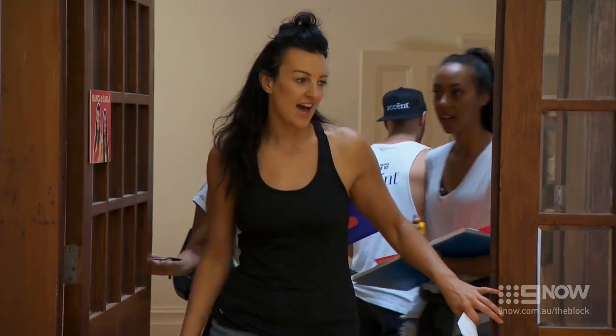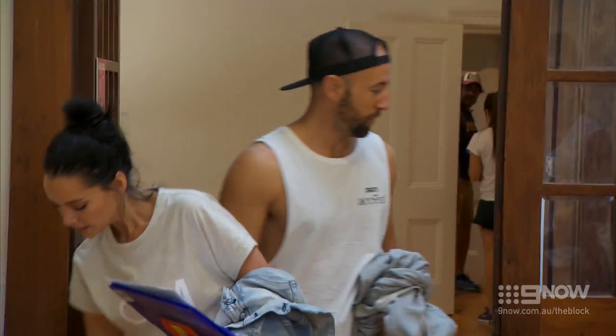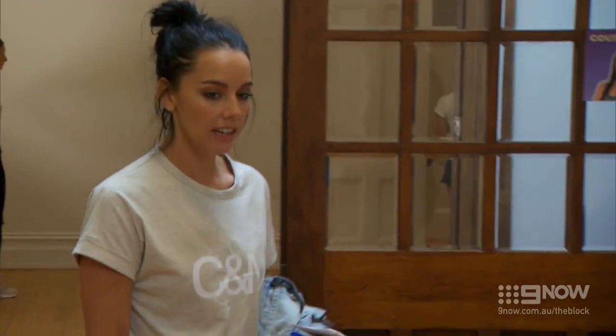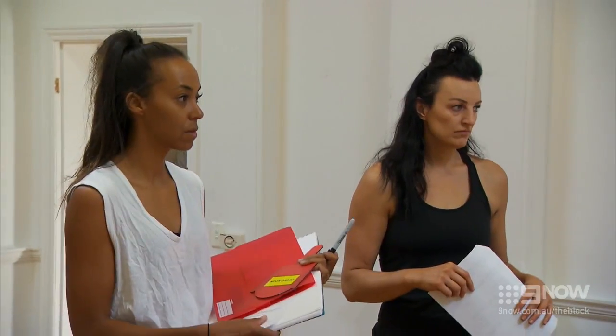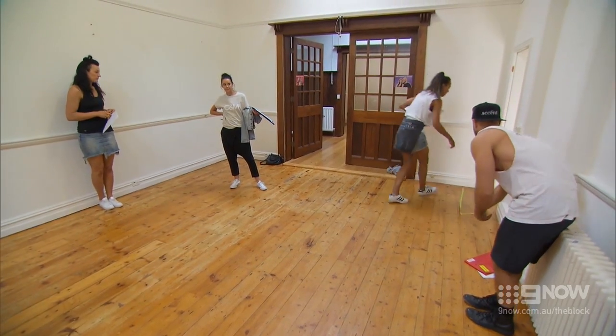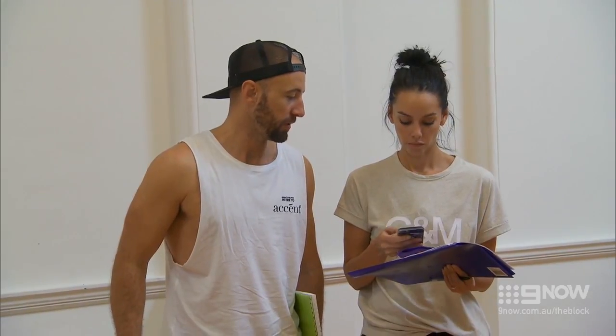Downstairs in the living and dining room, sharing is caring. Sharing. We're sharing. 2 teams are sharing the same space. Perfect. OK, so I think the most important thing is to come up with the orientation. Yeah. We are sharing our space with Carla and Bianca. They have the dining room, so even though it's a competition, we are still styling a house for sale, so it's important that we collaborate and have that flow throughout the entire house. So, just to clarify, Team Netball, Bianca and Carla have the dining room and Hans and Courtney have the living room. So I guess it's just then the orientation of the room and...